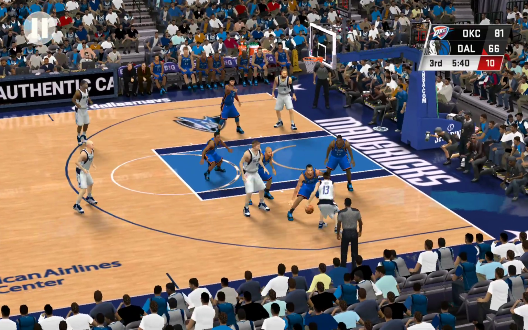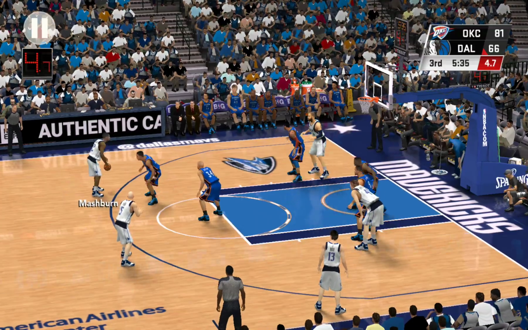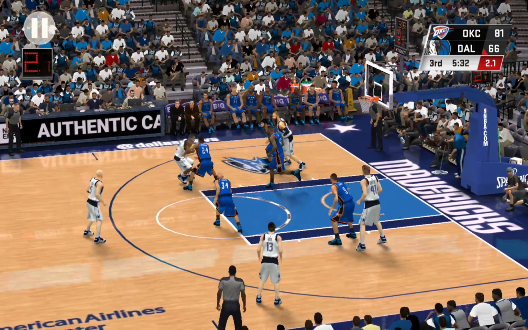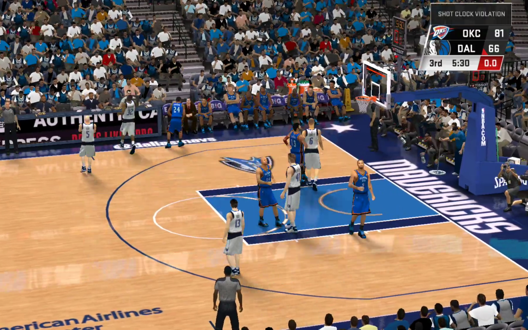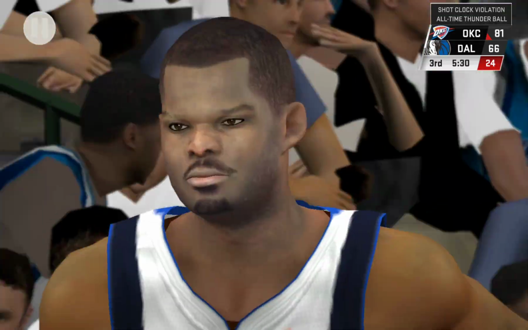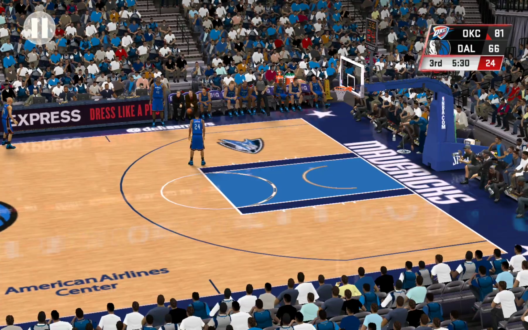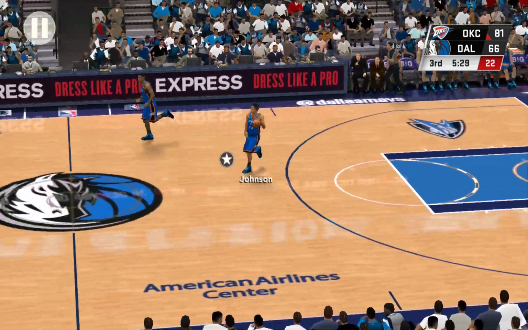Nash right side. Shot clock at 5. And it's going to be a 24-second shot clock violation. They turn it over. Here's Johnson.